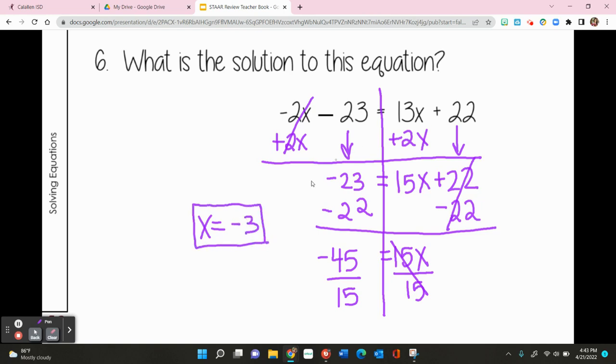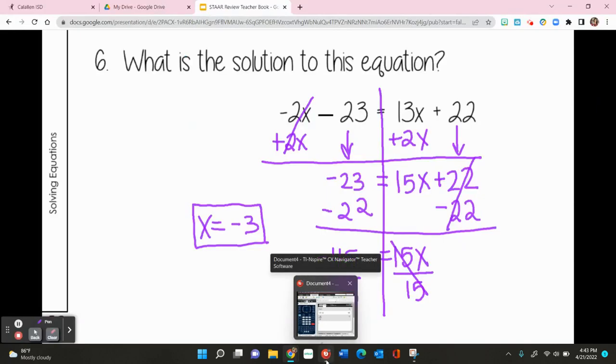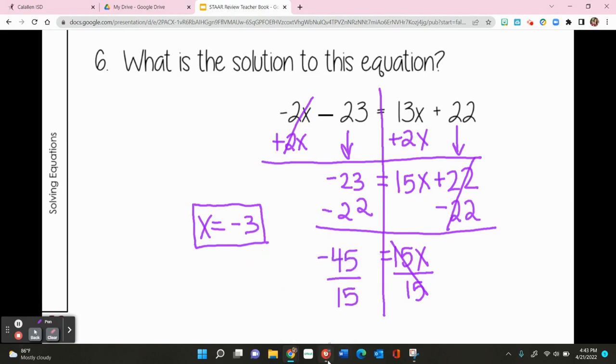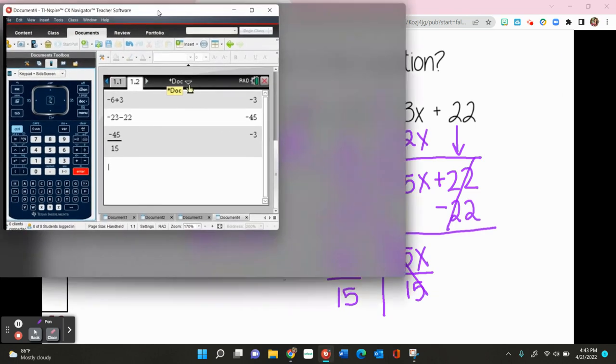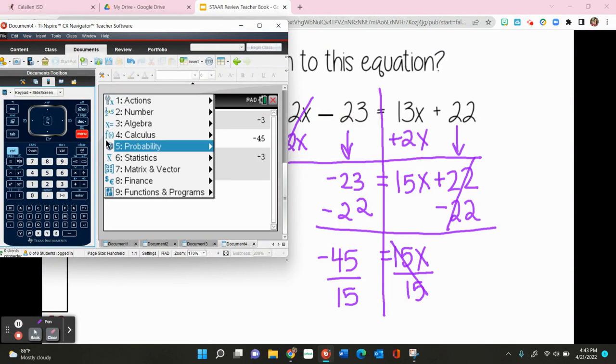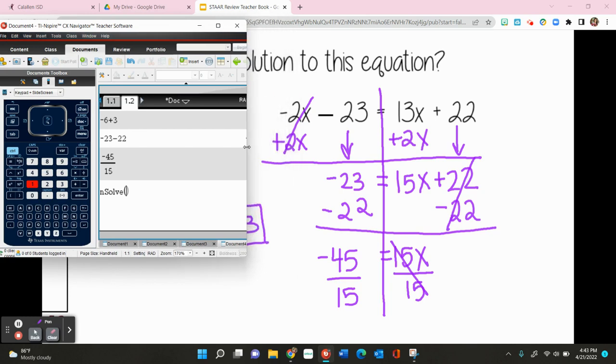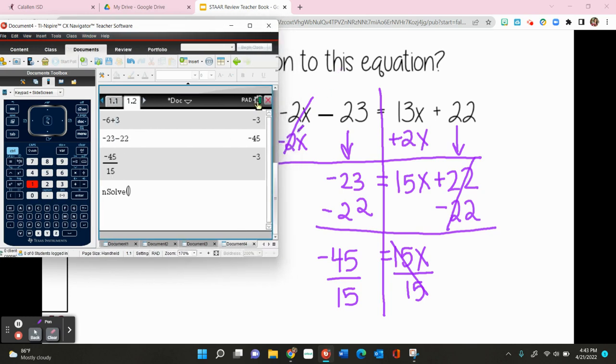So now in your calculator, just to double check your work, remember we do know a tool called nSolve. nSolve will solve this equation for us, and it will double check that we got the correct answer. So if you can recall, the command for nSolve is menu 3 1. And once you input that command, now you're going to type in your equation. So our equation here is